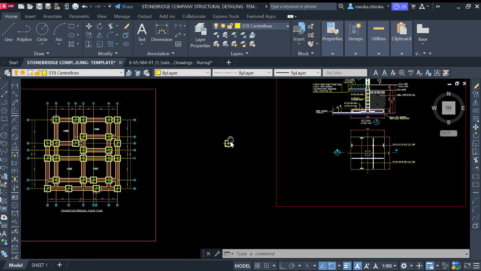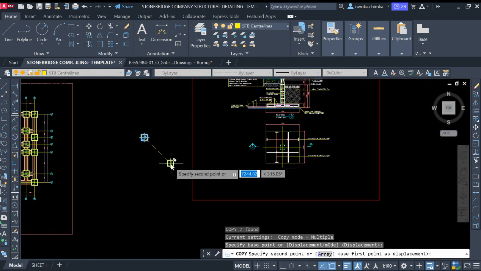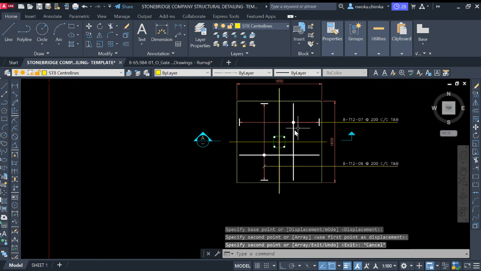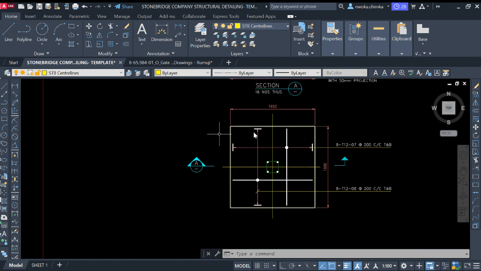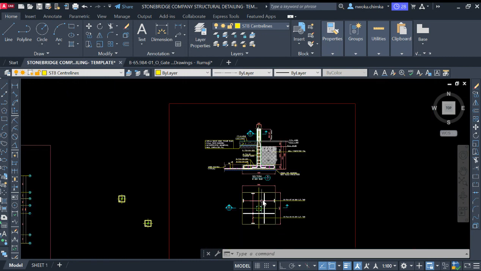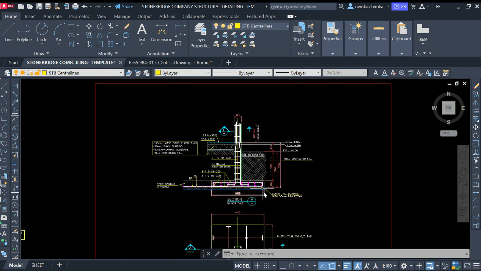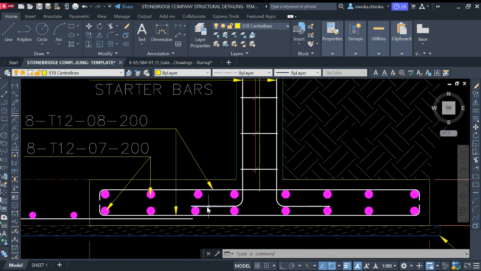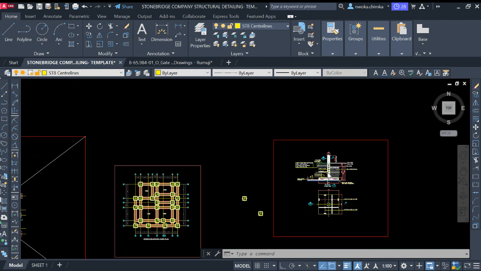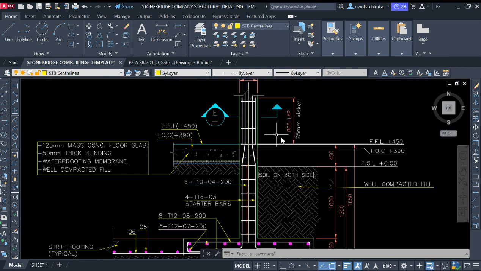Okay, so right now, once you paste this here, the first thing to do, let me copy it again, closer to this place. The first thing to do right now is to show your reinforcement on the plan view. This is the plan of this footing, and this is the section elevation. If you cut this section right now, this is section AA. So if you cut this and view it, this is what you'll be seeing, showing the column reinforcement, and also showing how the column reinforcement is being connected with the foundation, as you can see here. So right now, I'll show you how to produce this perfectly here in this AutoCAD